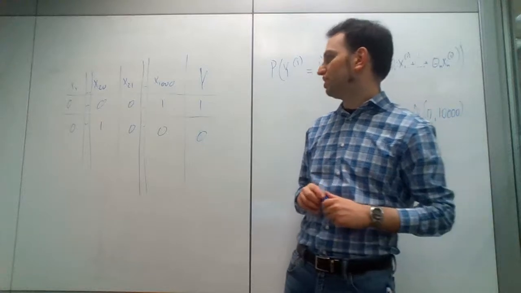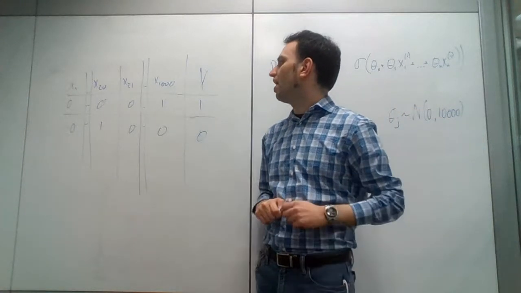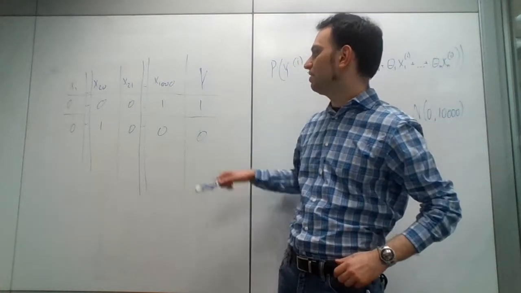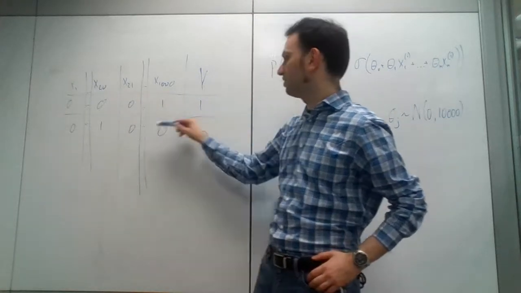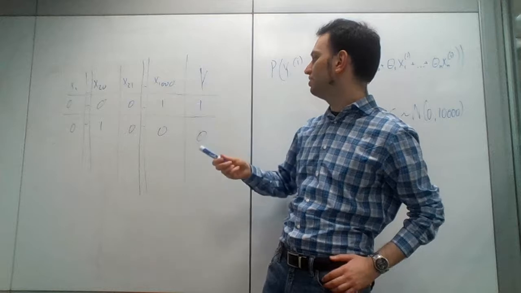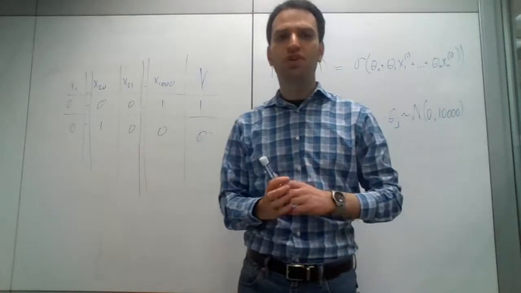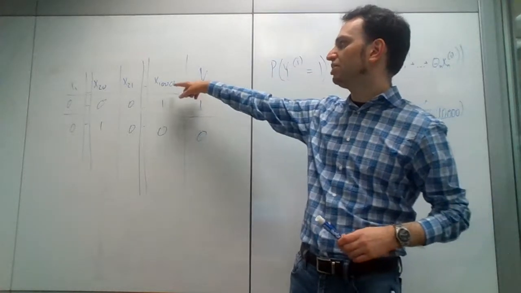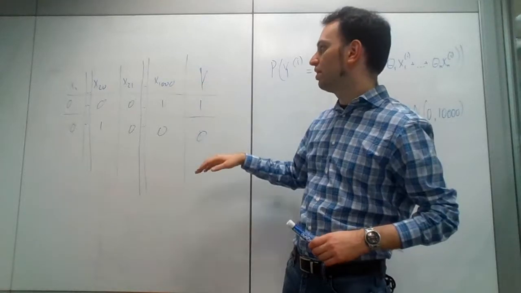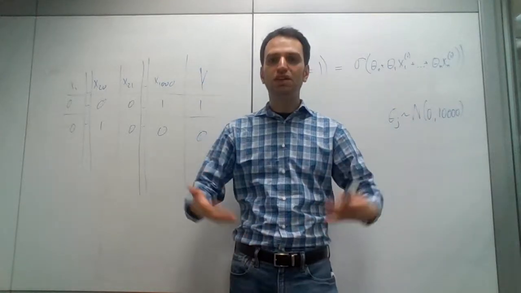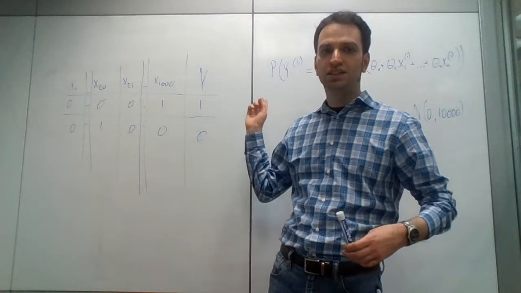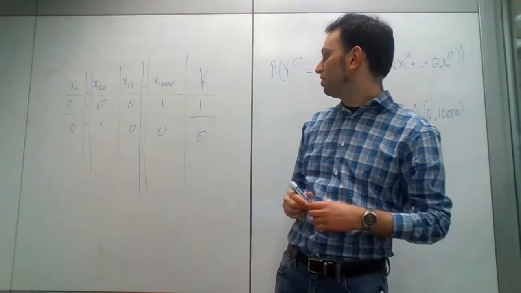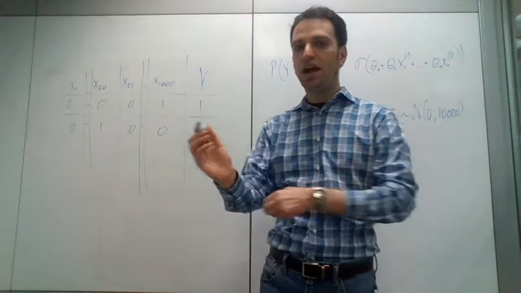So anyway, why do I not believe in large coefficients? Well, here's one reason. Here I have a data set, so it's not a very large data set. We have one data point, and then we have another data point. Here y is 1, here it's 0. What I want to focus on is the value of theta 1000 that we'll get if we use maximum likelihood in order to estimate the thetas. So how's it going to go?